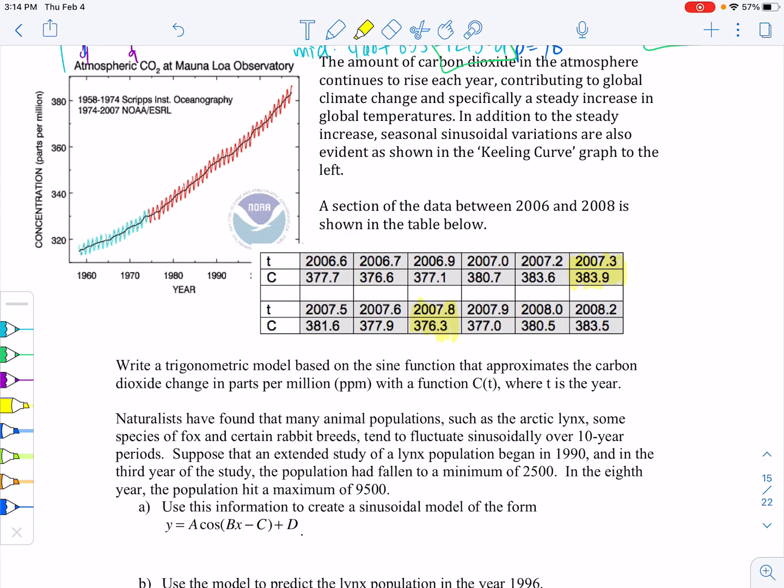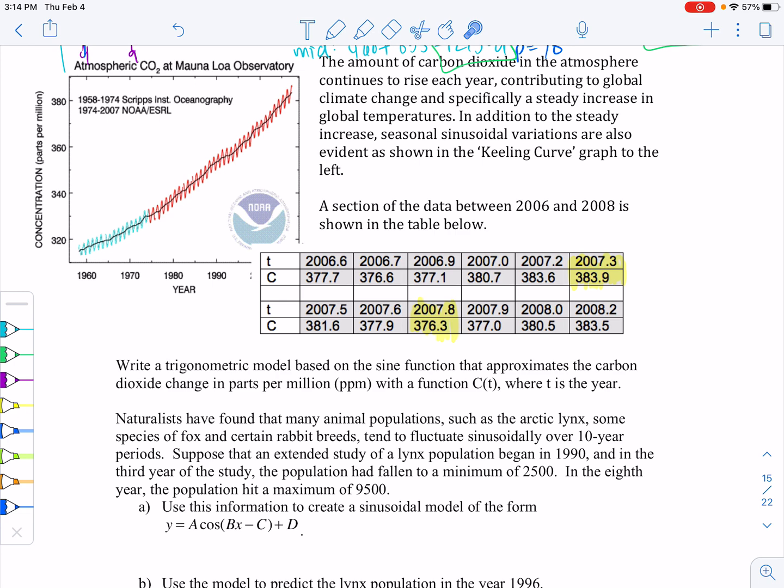We're going to look at some more examples of modeling with our trigonometric functions. So here we have this graph which shows the data from the Mauna Loa Observatory. I probably said that wrong, I'm sorry. And this is the carbon dioxide that's in the atmosphere. So as you can see, it's going up, which also is contributing to our global climate change and increasing our